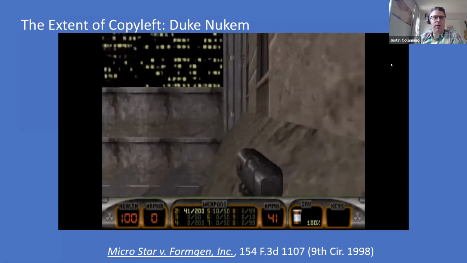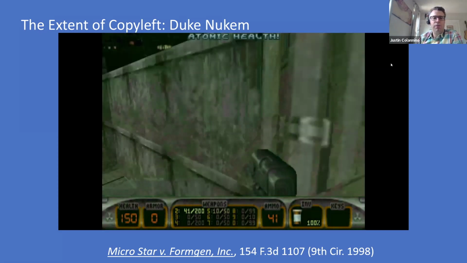And so Duke Nukem gave you the ability to build your own levels. And the license on that level editor said anything you create with this can only be used for non-commercial use, basically. No commercial use of the levels that come out of it. And then it came out in map files, and the map file was basically a bitmap that told the computer how to lay out the level. Right, or told Duke Nukem how to lay out the level. You'd have something that meant wall, something that meant body armor, something that meant bad guy, and then the computer would take in that file, process it, and form the level.